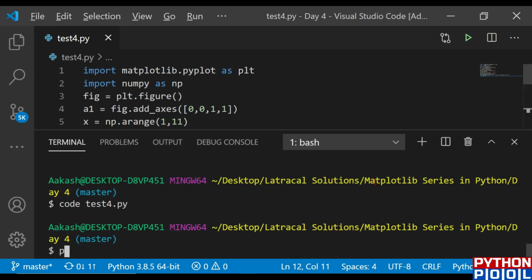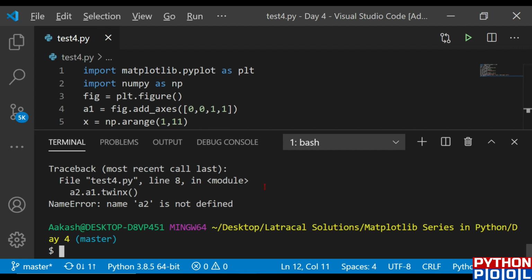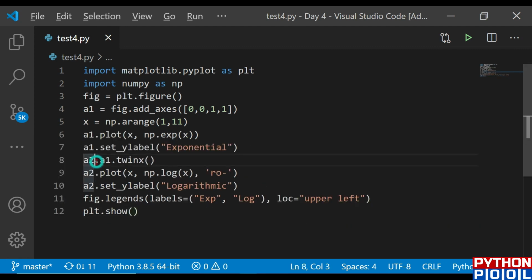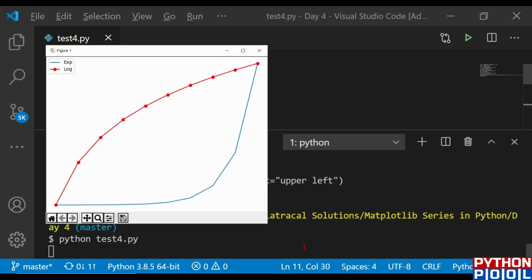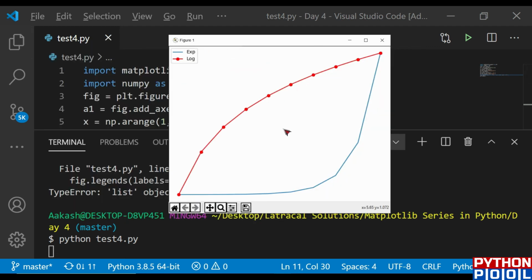Let's see if it runs perfectly fine. Okay, it is throwing an error that a2 is not defined. Okay, it should be equals to here. I'm so sorry for this mistake. It should be equal to, and it runs perfectly fine. Since the graph labels are not showing, once again there is a technical error. I don't know why the error lies, but it would be running in your system, don't worry.